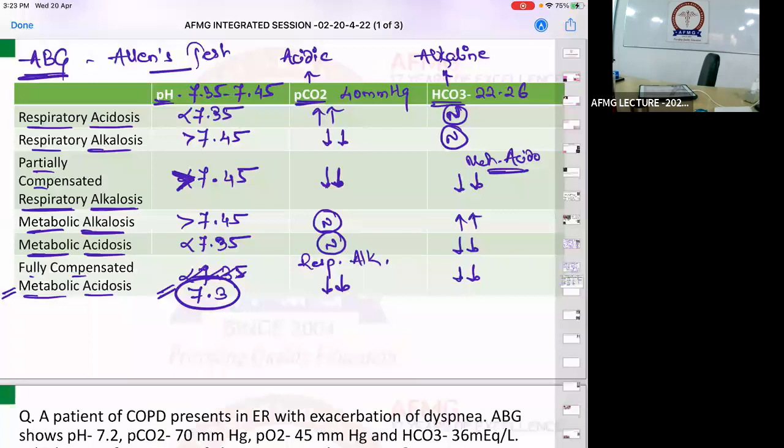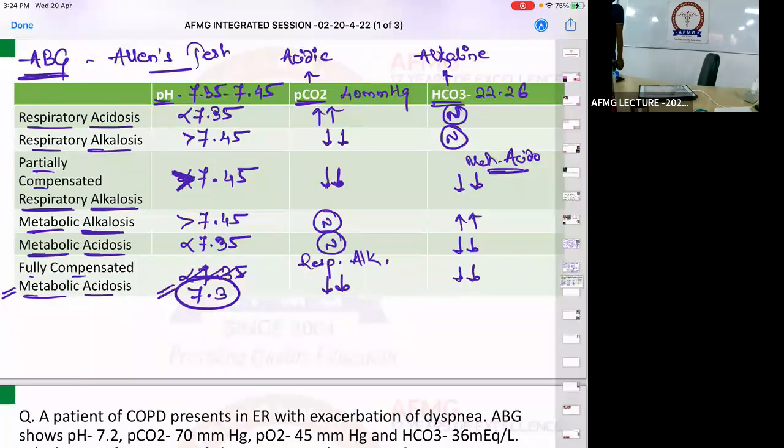Now let me give an example, so you understand better. pH is 7.3, PCO2 value is 80, bicarbonate values are normal. pH 7.3 means acidosis. PCO2 is 80, more than normal, that means it is respiratory acidosis. Next case,